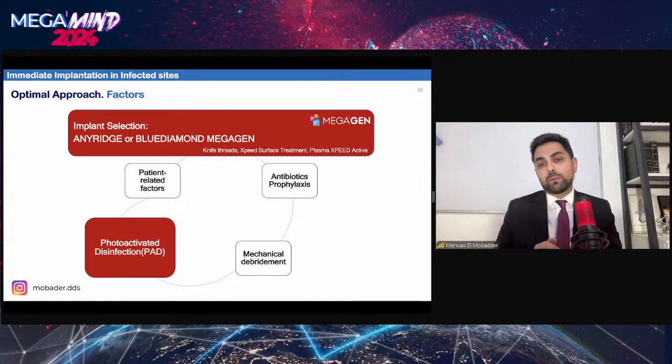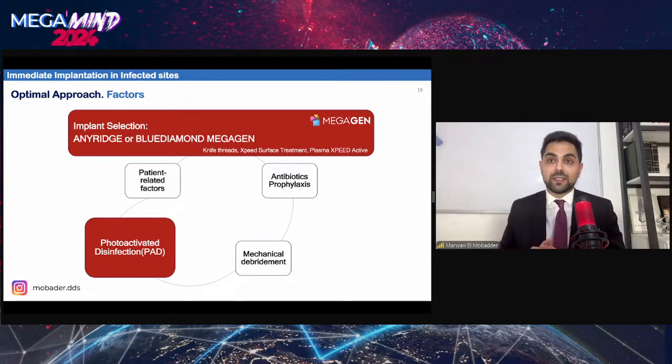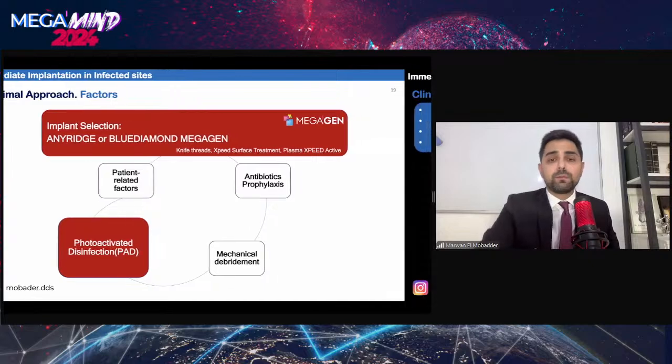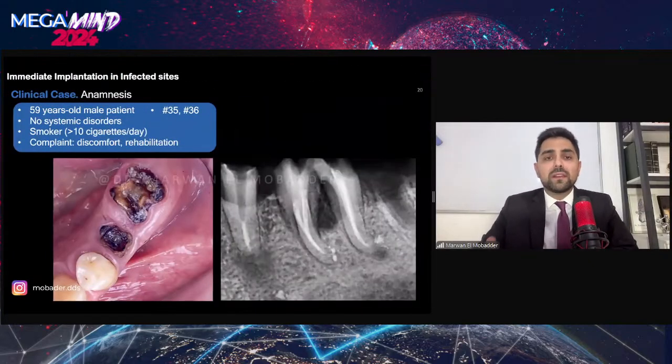Give prophylactic antibiotics, do a very good thorough mechanical debridement, then do photoactivated disinfection, and finally try to control the patient-related factors. With everything that we have said, we can conclude in this small case report, this is a patient with